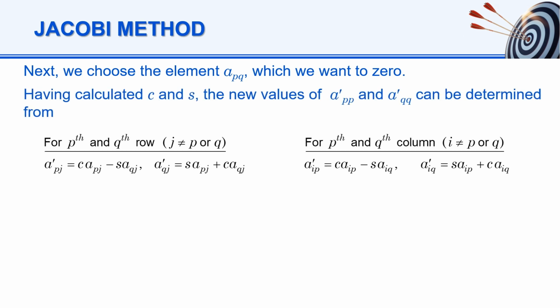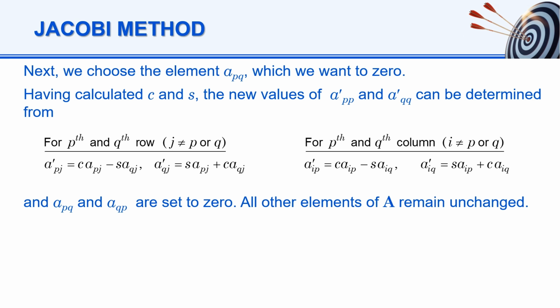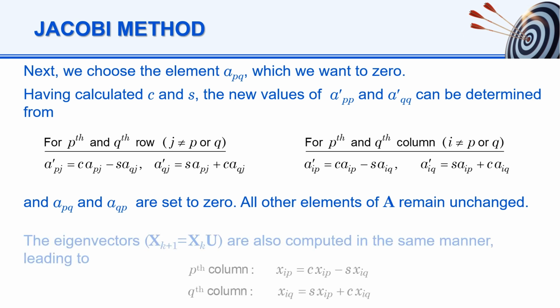Having calculated C and S, the new values of A prime PP and A prime QQ can be determined from, and APQ and AQP are set to 0. All other elements of matrix A remain unchanged. The eigenvectors are also computed in the same manner, leading to